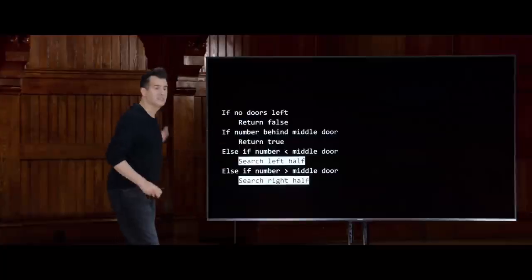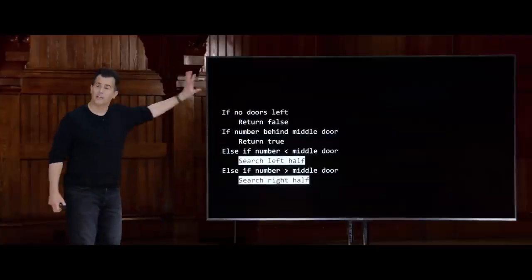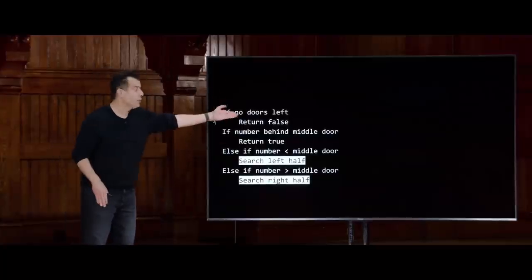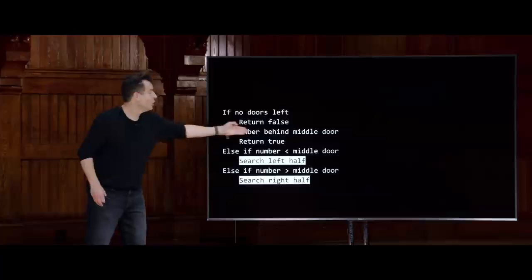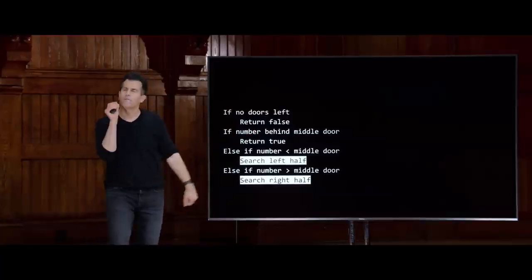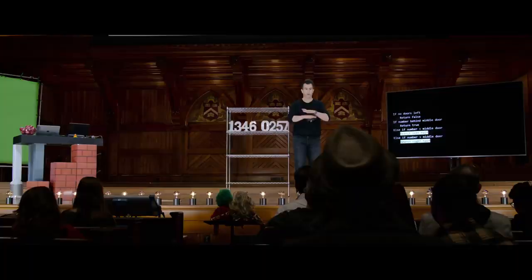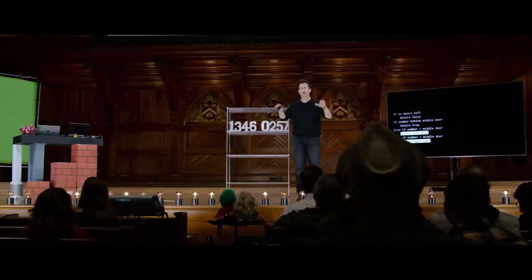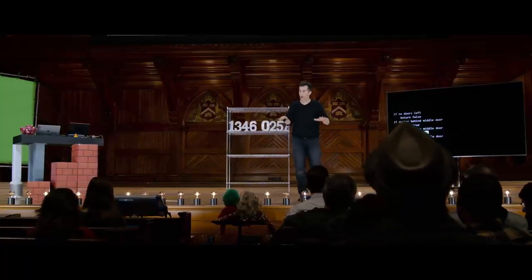And because when we went left or right or left or right, both this week and in week 0, we kept shrinking the problem, it's OK if you keep doing the same algorithm again and again. The problem's getting smaller, so eventually you're going to have no doors left, or eventually you're going to find the number you're looking for. So these cases here, where you have very specific cases, like if there are 0 doors left, or if I found the number I'm looking for, those are generally what are called base cases, where the thing sort of bottoms out logically, and you get back an answer at that point no matter what.